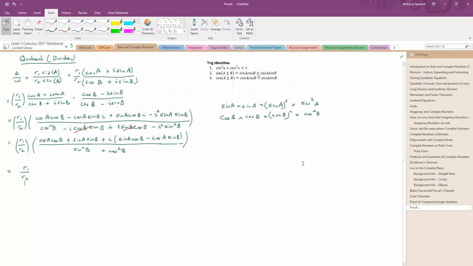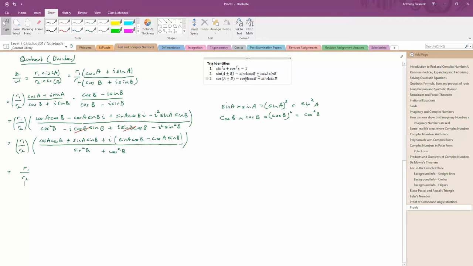Let's go back to the identities here. We've got cos A cos B, so it looks like this third identity again, plus, now that's the bottom line here, plus sine A sine B. So that matches on the left hand side with cos of A minus B. So that's what I'm going to put in here. Let's put a bracket. So this part here is the cosine of A minus B,